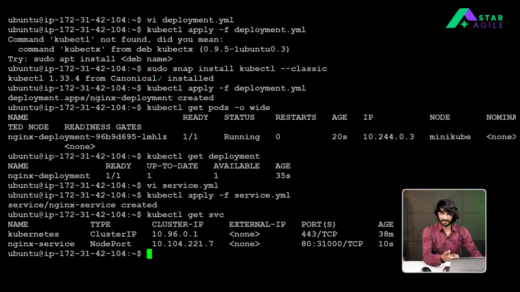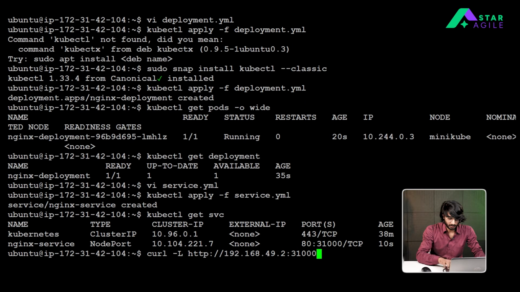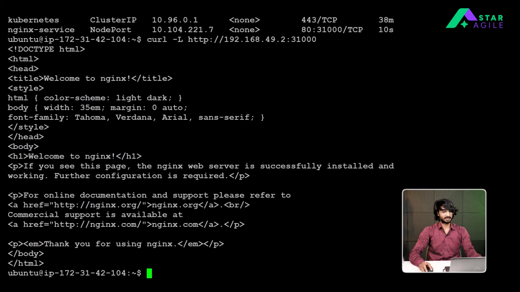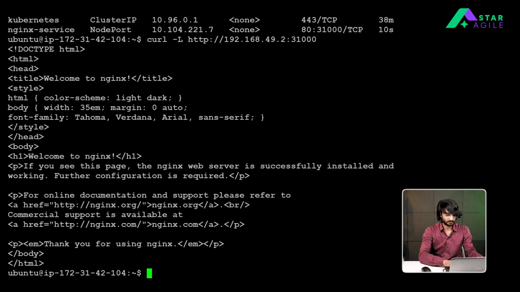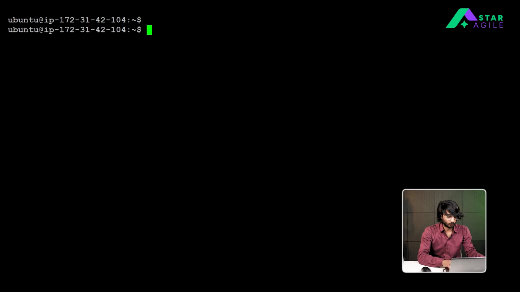So let's check whether it is actually working by using the Minikube address, with curl. And as we know, this is our Minikube address. As you can see, people, Nginx is already running in this particular space. So now what we're going to do is